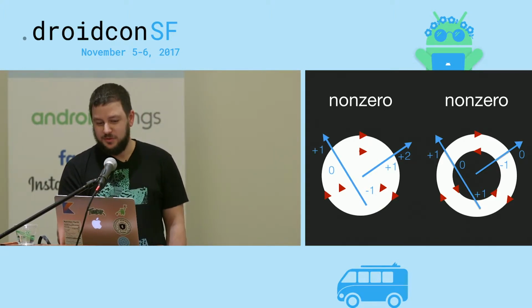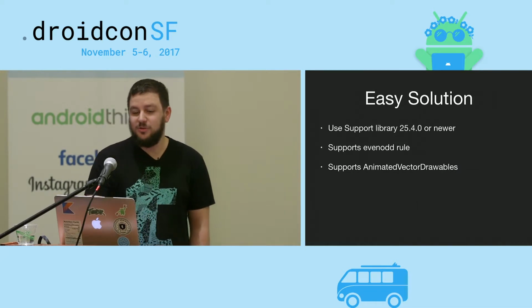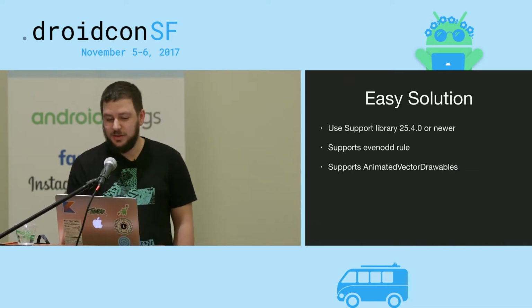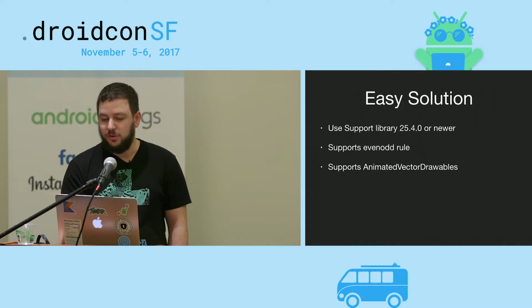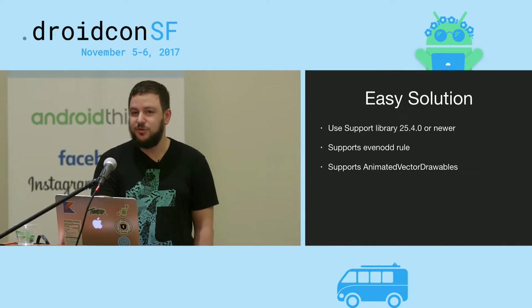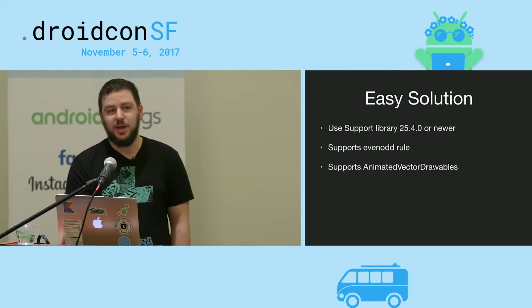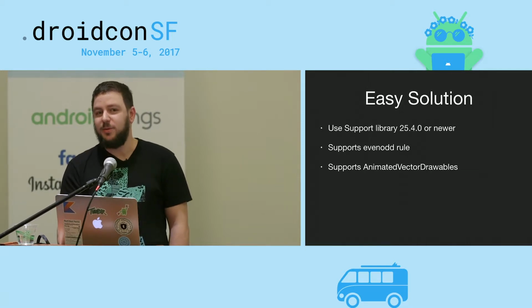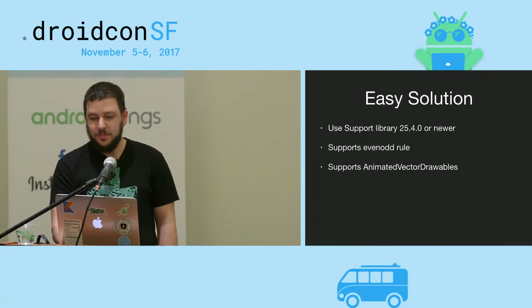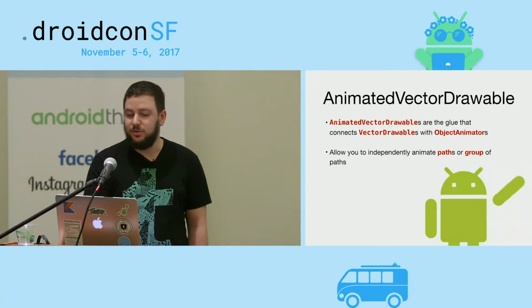What's the easy solution? Well, the easy solution is to use the support library, which backports the even-odd rule all the way back to Ice Cream Sandwich, as well as supporting AnimatedVectorDrawables, again, all the way back to Ice Cream Sandwich. And speaking of AnimatedVectorDrawables,